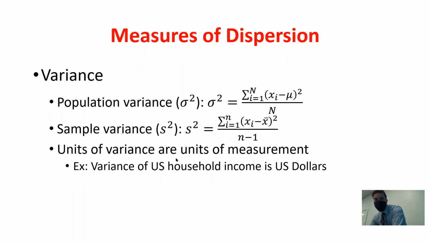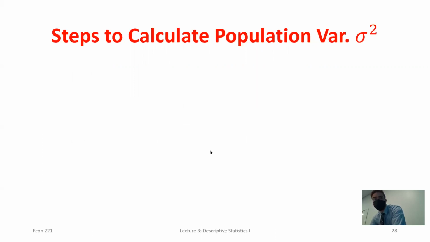And then we've got here, the units will just be whatever the unit is of the variable you're using. So the units of the variance, if I'm dealing with income data, will be dollars. If I'm dealing with height data, it's going to be inches or feet, however I'm measuring that, centimeters.